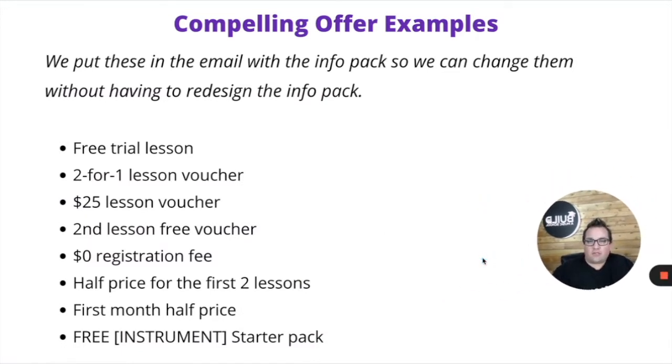So what happens? People go to our website. It's like, grab an info pack, put your name and email in. It automatically sends them an email, and in that email we'll say, hey, here's the info pack, and currently we're running a deal right now for the month of May or June, so we're always changing it. And the idea is that you have something different all the time, or you figure out what's the best compelling offer that works for you. And that's what you tell people is on offer right now.